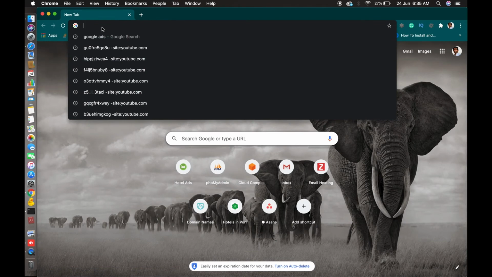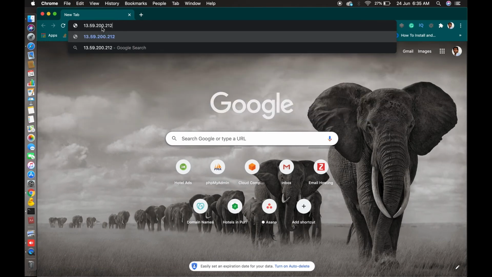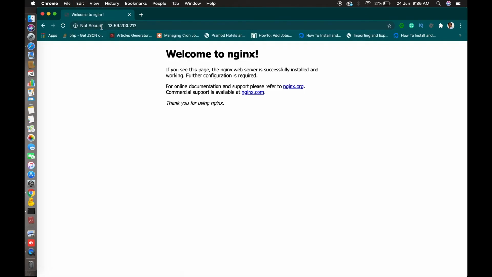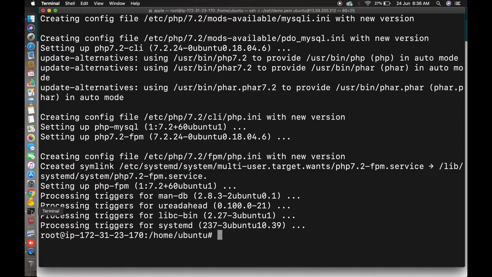Before that, let's connect to your IP. Yes, your Nginx is ready. Now let's create a PHP file so that you can check whether PHP is installed properly.